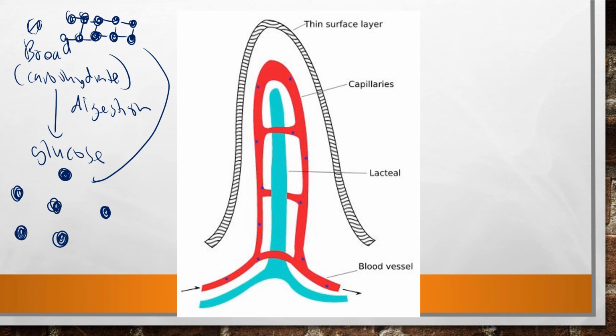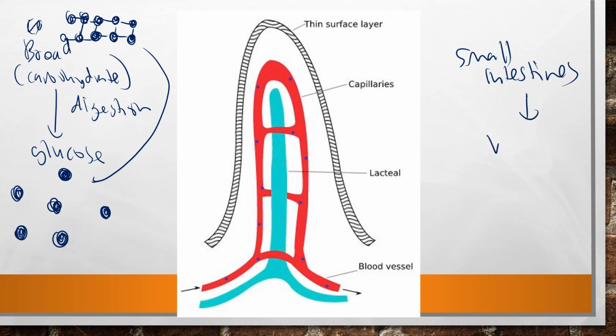Kenapa dia perlu serap ke salur darah? Sebab dia nak dihantar ke seluruh badan. Sebab glukos ni penting for the respiration process. Our body needs glucose to generate or to produce energy. So, this is actually a small intestine. When we go through the digestion chapter in science, okay, we know that the small intestine, okay, dia punya